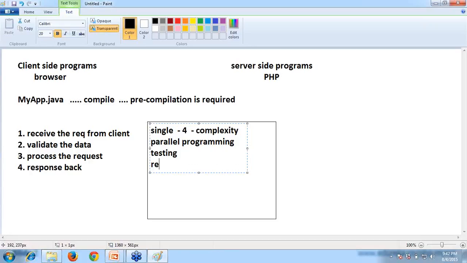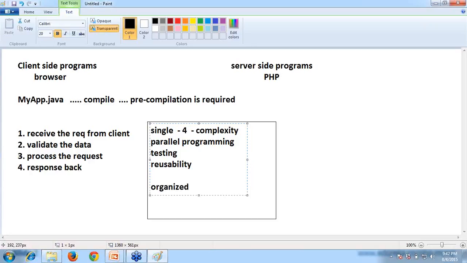I cannot use this module for some other projects. Reusability chance is less. Many issues are there whenever you write like this. Maybe you will get the output, but the main thing is it is not in an organized manner. If you do all the things in the same place, it is not organized.